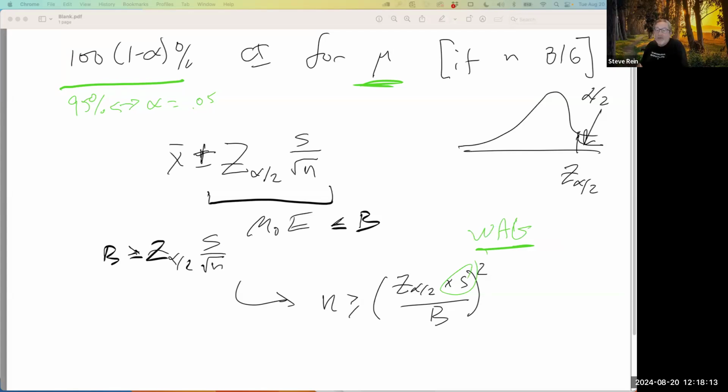If you've done a past sample of catfish in the James River and you know the standard deviation is about 190 millimeters, I plug in a 190, or plug in a value of S maybe a little bit larger than what you think is the true population standard deviation sigma, because that will cause the ultimate sample size you derive to be a little larger, causing your resulting margin of error to be less than B. But you should know the weak spot here is I don't know the S I'm going to get, so I might want to choose a conservative value for S. Pick a value of S that's maybe a little bit larger than what you think the population has as sigma. Any questions about finding a sample size?